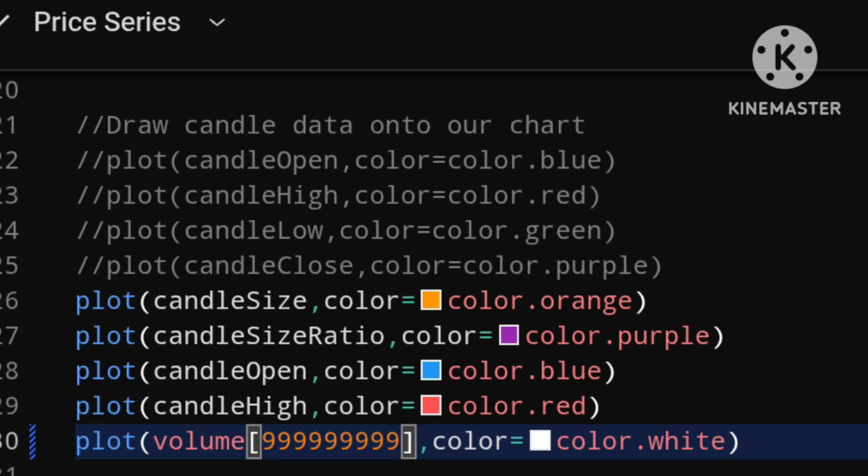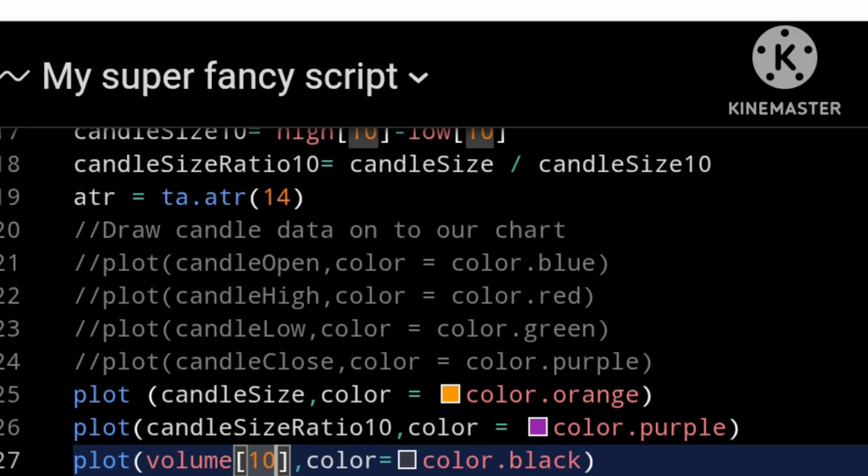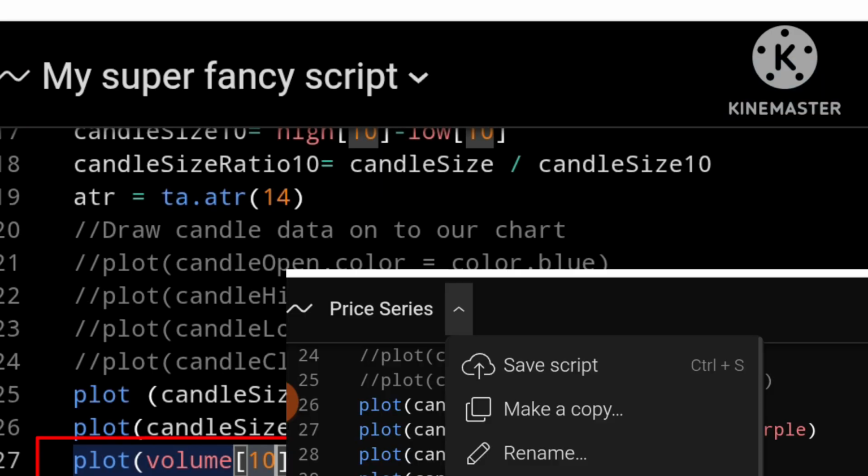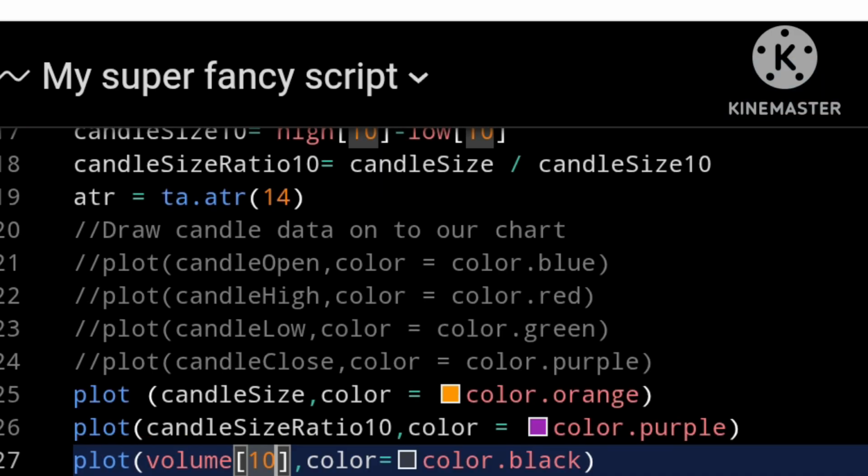The maximum is 300,000 bars, that is 3 lakh bars, which is still quite a lot of bars. So let us set this back to 10, save the script, and there we go.